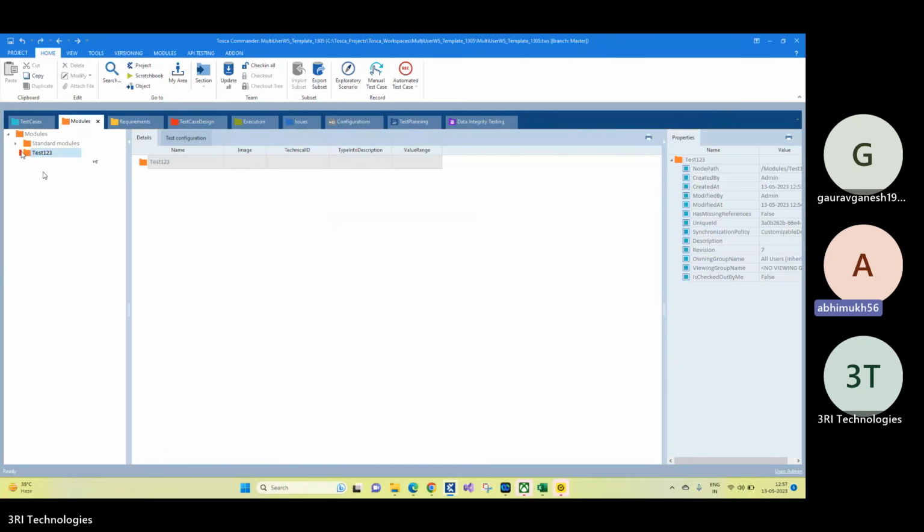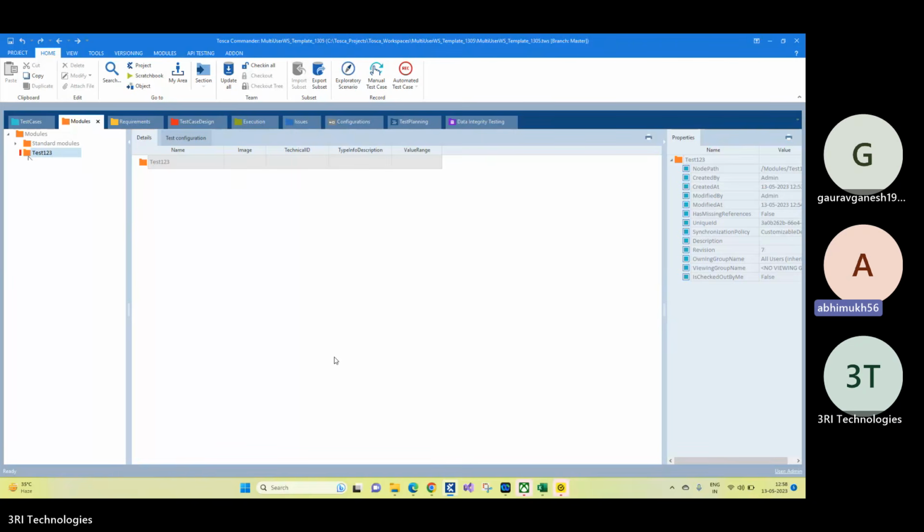Yeah, understood. Just one question. When we are checking in, checking out, this is Tosca's own repository, right? Yes, you can configure your own repository also. That's why I said, whenever you are setting up the entire infrastructure for Tosca, you need to know which server you're using to store all these workspaces. There should be a common place where you're storing your common repository. Okay, so you can have that on premises also.